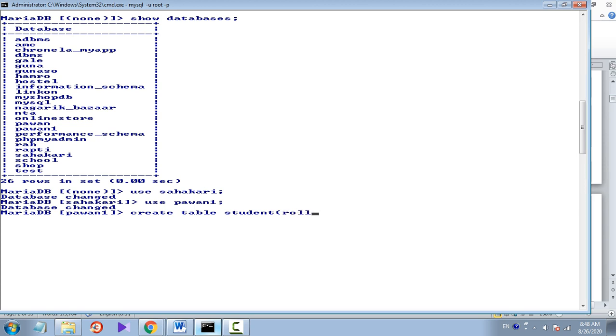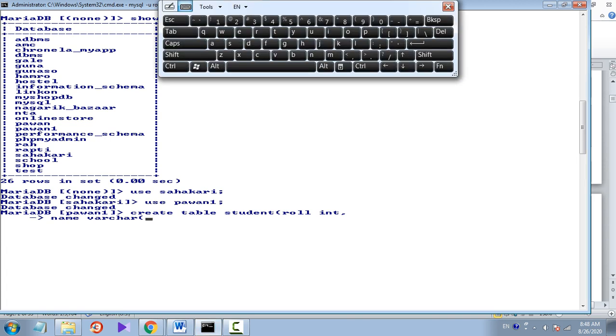role is integer type, comma, I am pressing enter, semicolon is not given, so the command is not finished yet. Role int, similarly name should be varchar, and size is 30.